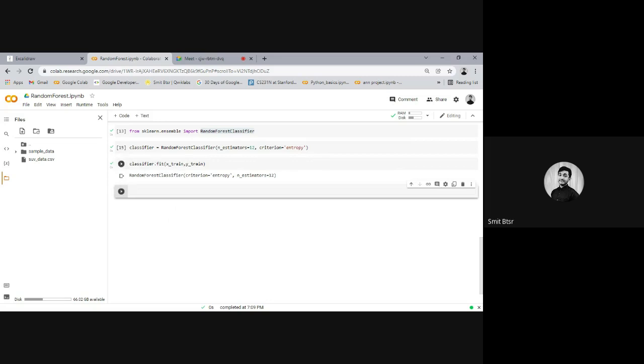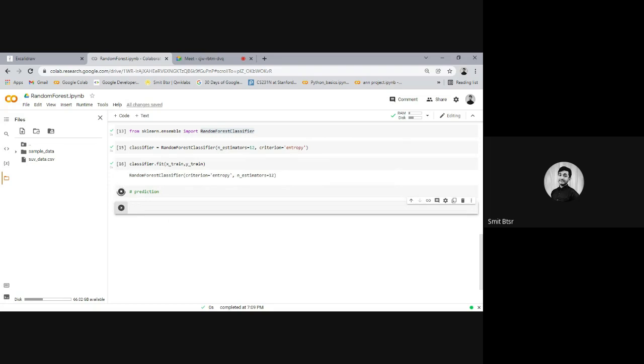done, and the model is now trained. It is that simple, because random forest is not that complicated a model, but it still uses a lot of computation power. Then our model is trained. Now we need to do prediction, or we can say testing.